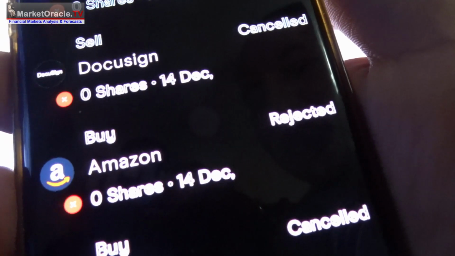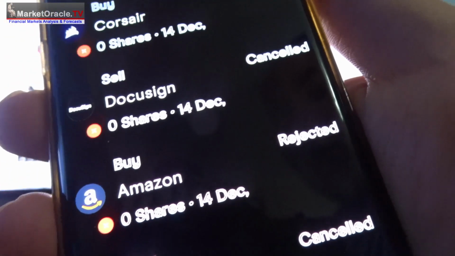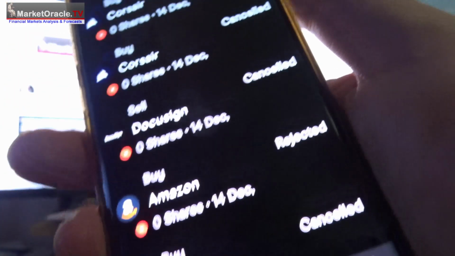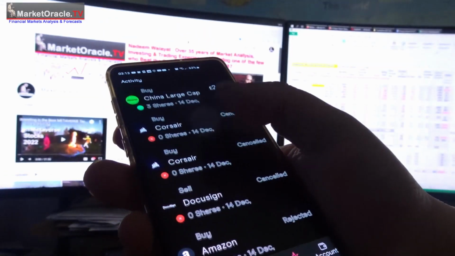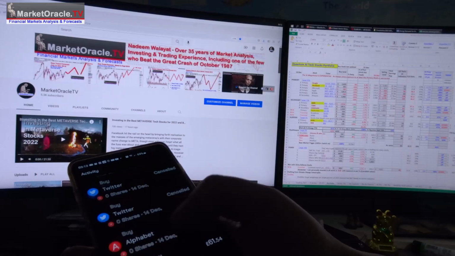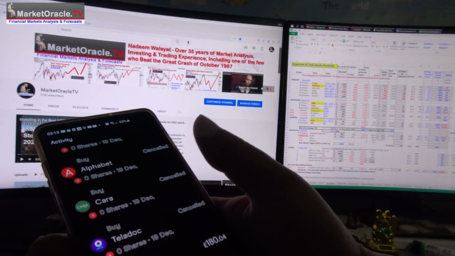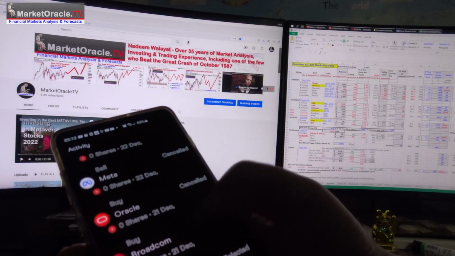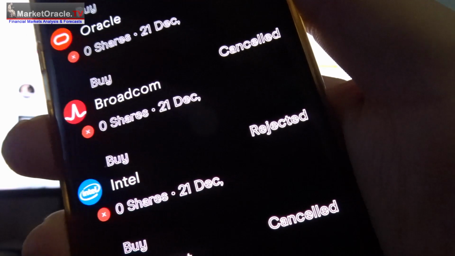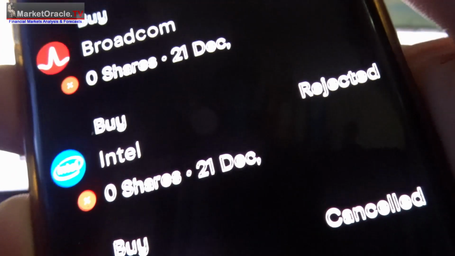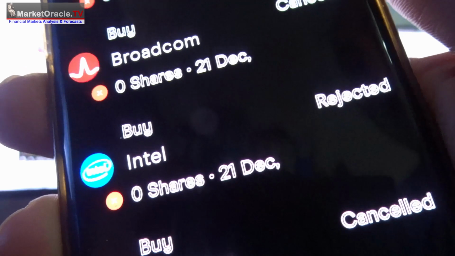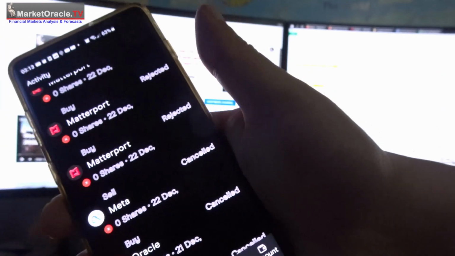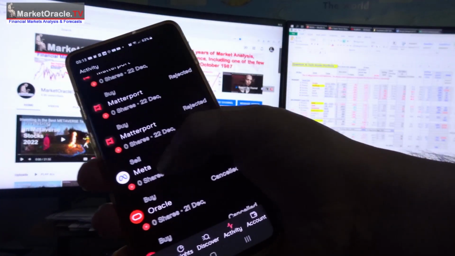What are you rejecting Amazon for? Intel. These aren't some lowly stocks, or CRISPR or AUTODESK. There's no reason. Or GPN. I don't like it. They're just rejecting for no reason. Intel. What insanity would make Freetrade reject an order for whole shares of Intel? There is no reason. Especially since you're forced to pay £10 a month for the privilege of placing limit orders.